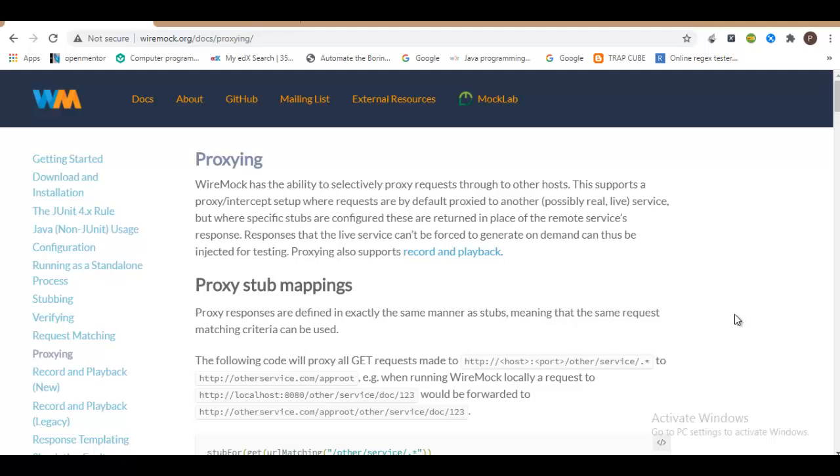Now, in this lecture, let's understand the proxying mechanism. We have already seen this, we have achieved this through Postman, but let us just do it programmatically, because when we want to deal with pure automation, we have to achieve these things also programmatically and without having to touch your code base.